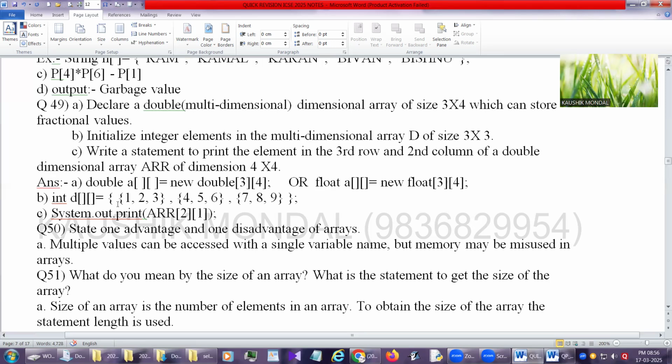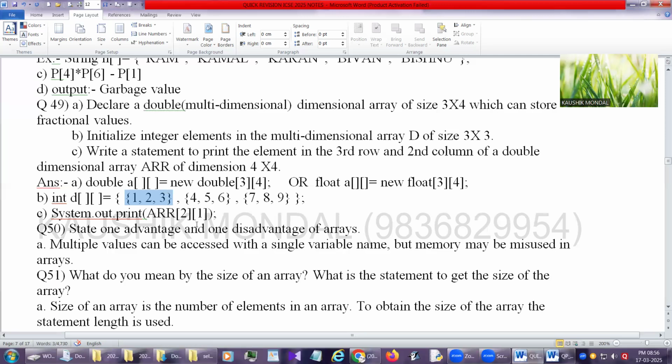And if we are talking about the initialization of an array, same way, but twice we need to give the curly braces. If you check this highlighted portion, this indicates the first row, second one is the second row, third row, and first column, second column, third column. And here also the first row is starting with 00, 01, 02, like 00, 01, 11, like this it will continue. And if we are talking about this array, print AR[2][1].